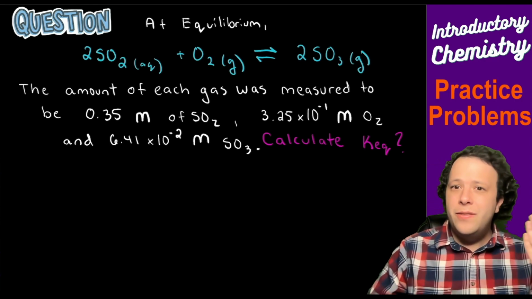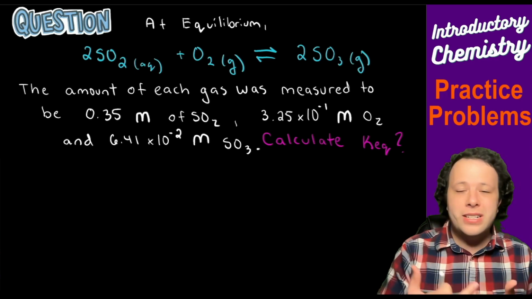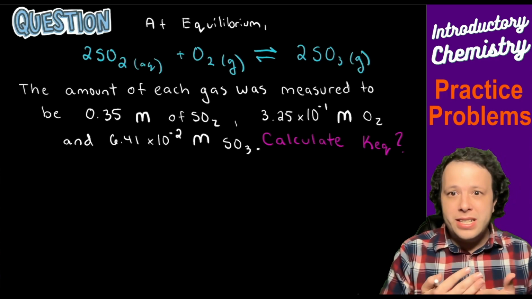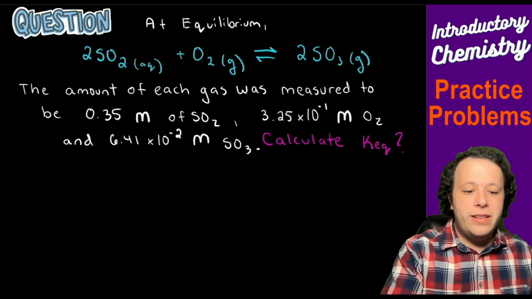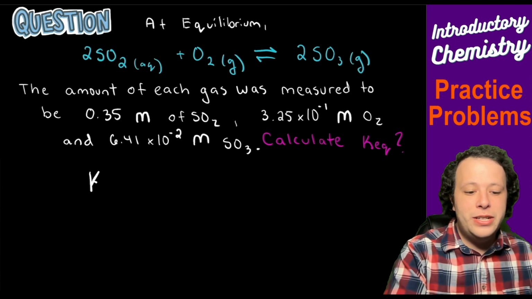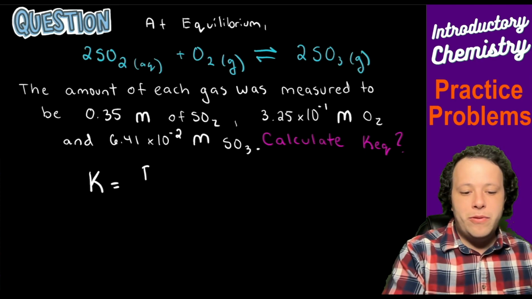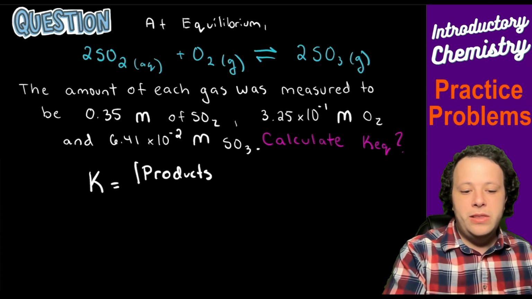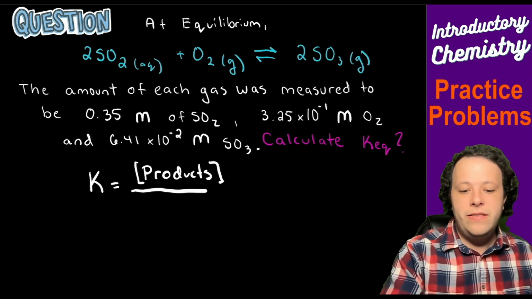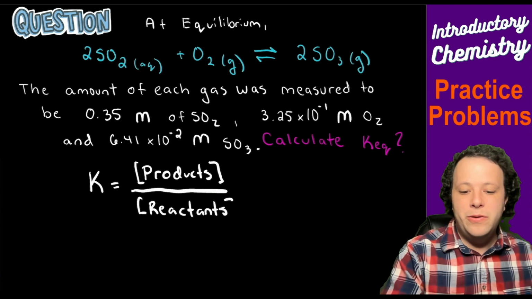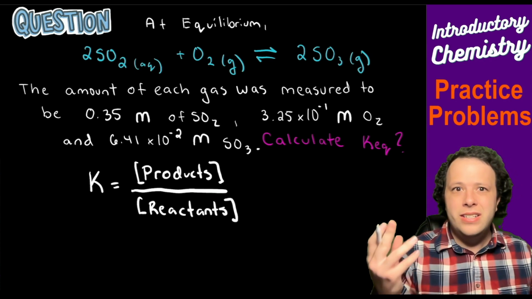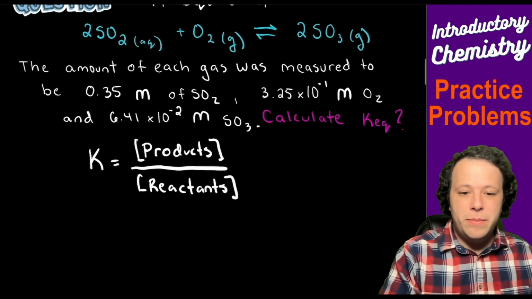If this is something that you weren't too sure about, go back to the equilibrium video so we can set these up. But just in brief, the one thing that we're looking at when it comes to K equations is that it's all about products over reactants, meaning that we are going to be looking at the concentrations of these, and we are going to be raising those different values to the power of their coefficients. So let's look at this one in particular.